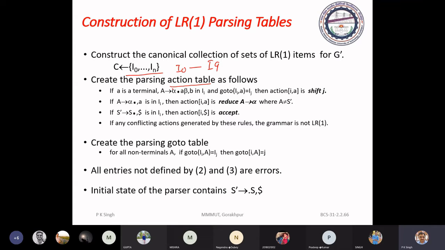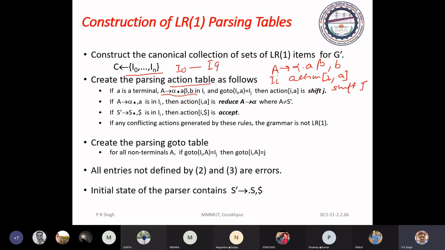The rule says: if we have an item A → α . a β, with lookahead b, in item set Ii, then action[i, a] is shift, and we go to Ij, where Ij is goto(Ii, a).